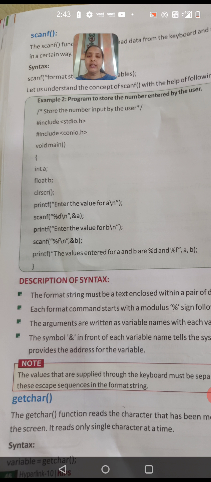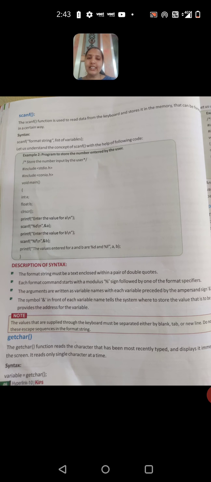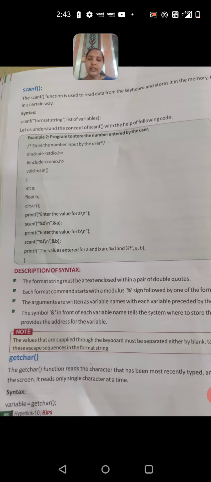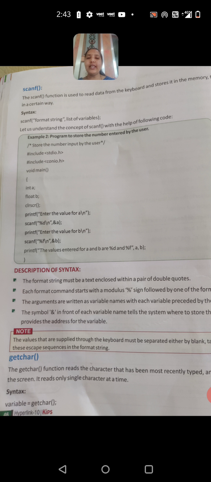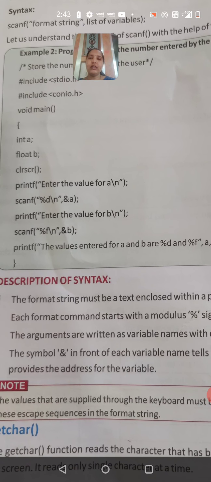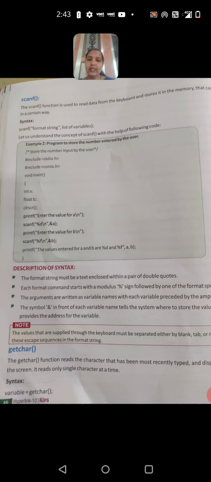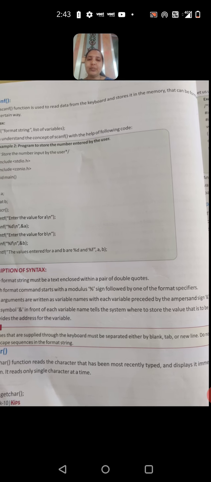Then there are some descriptions of the syntax. See here, the format string must be text enclosed within a pair of double quotes, as I said. Everything in the printf, whatever sentence we write, is within double quotes. Then each format command starts with a modulus, that is the percentage sign, followed by one of the format specifiers.